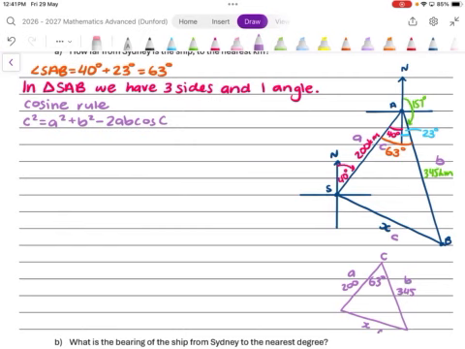Okay, now what we just need to do is substitute into our cosine rule. So that means we will have x squared equals 200 squared plus 345 squared minus 2 lots of 200, lots of 345 cos 63 degrees. So we'll get x squared equals, now we've got to put 200 squared plus 345 squared minus 2 lots of 200 lots of 345 cos 63 into our calculator. And when we do that, we get